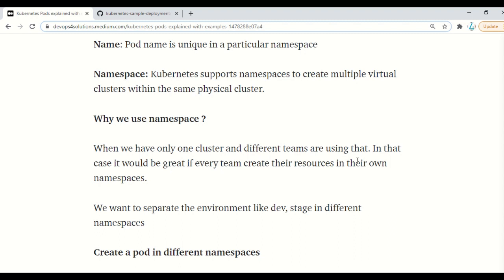We do not want to create problems if everybody is using the same namespace, so it's good if every team creates their own resources in their own namespace. That is one reason to use different namespaces. Also, if we want to segregate environments, like dev and stage, and we have only one cluster, it's good practice that everything gets created in different namespaces.